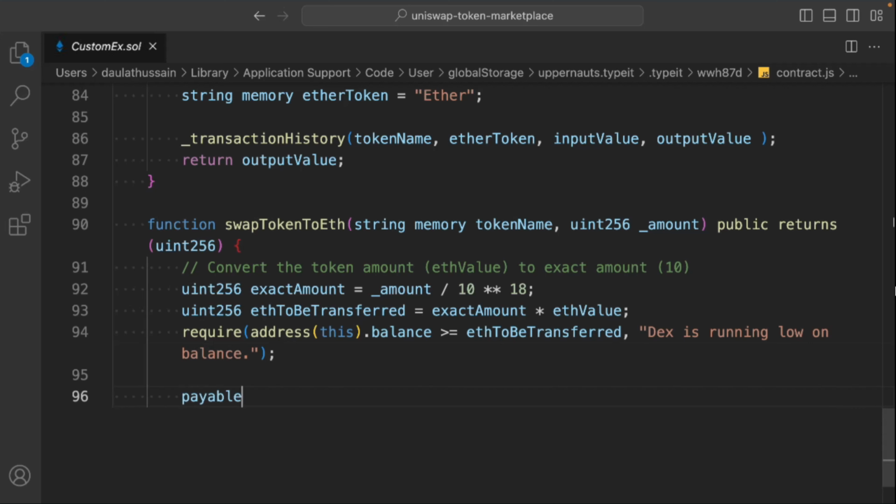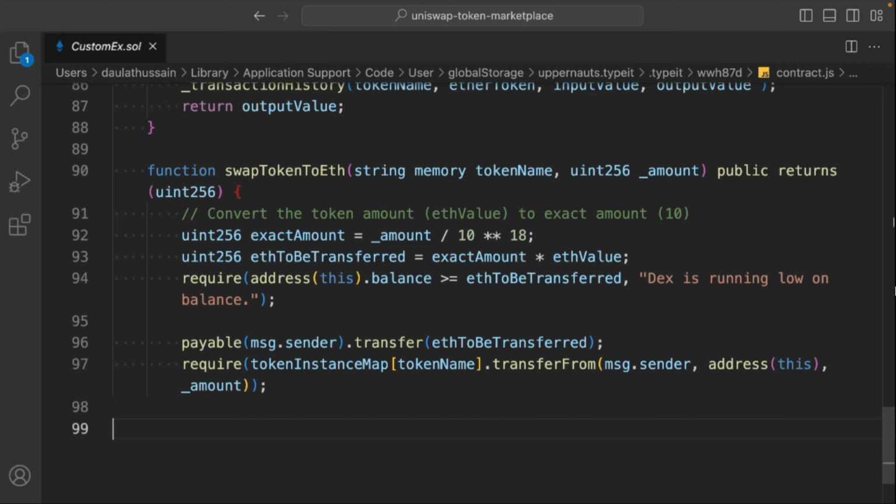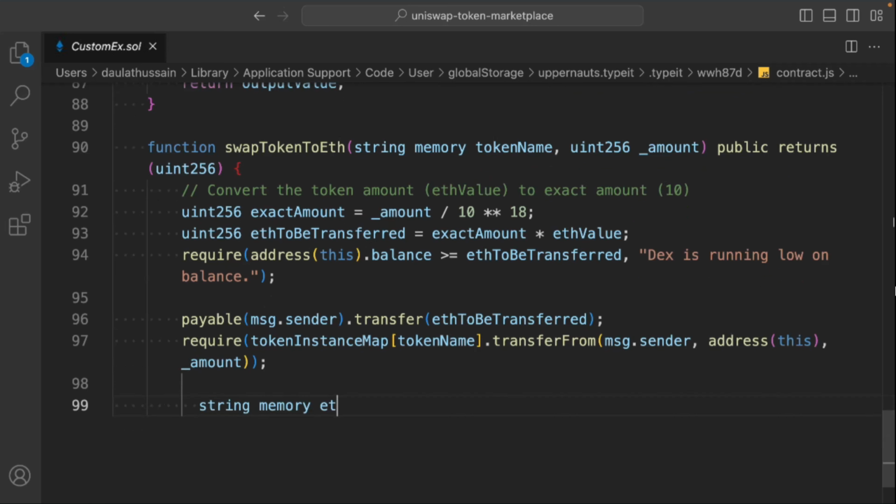We'll take this payable and call message.sender and the transfer function, and then pass the transfer amount. So we'll call this token instance map, pass the token name, and call the transfer function with message.address and the address this amount. Pretty good. Now simply come back here, we'll take this string and update this information into our contract. So we'll take this string memory